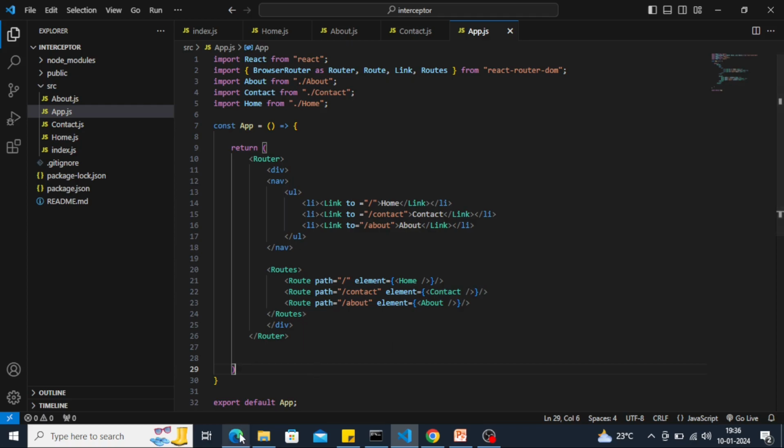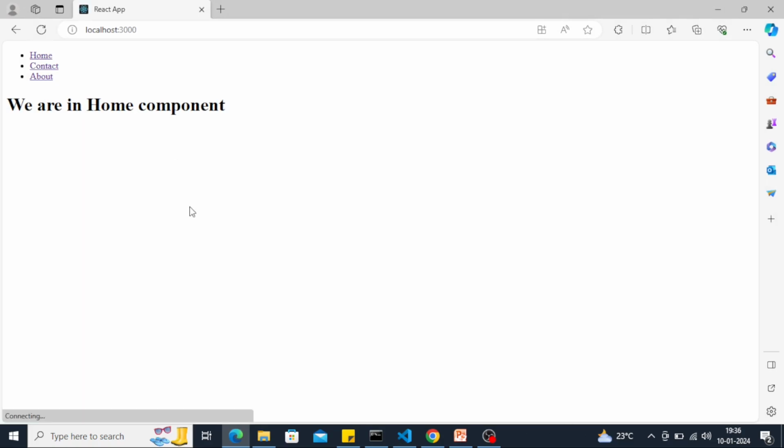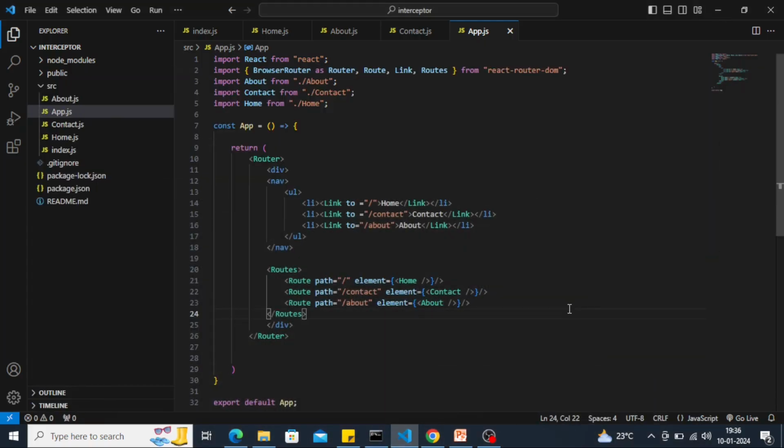So let us see how this looks. See, by default we are in the home component, as the path is the default home path. When I click on contact, see, we are in the contact component. When I click on about, we are in the about component. So this is how routing works in a React application. Okay, to make this look better, we will align this horizontally on top, just to make sure that this looks like a menu,